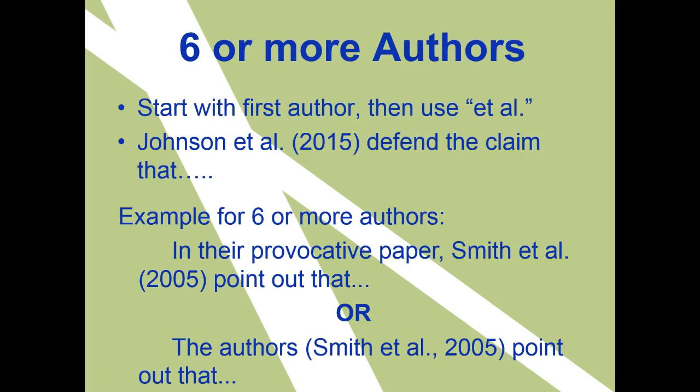So just to review here, when we have 1 or 2 authors, we always cite the names and the year. When we have 3 to 5 authors, we cite the names followed by the year the first time a citation is made in your paper, and then in second and subsequent citations, we simply use the first name of the author followed by et al. For 6 or more authors, from the very first citation on, we simply use the first author's last name and then et al. I hope that makes sense.